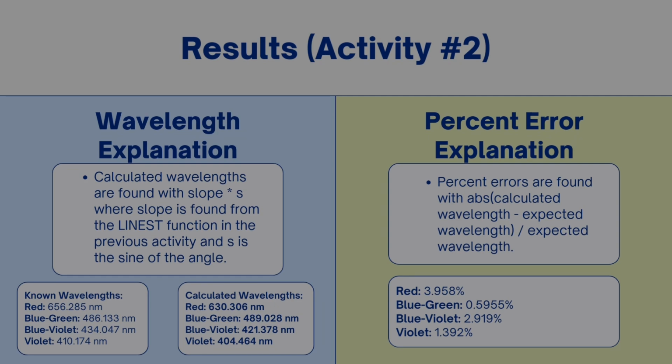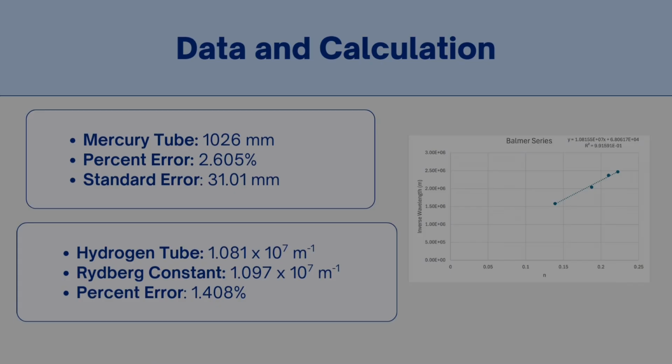We compared these to the known wavelengths, and we got percent errors of 3.958%, 0.5955%, 2.919%, and 1.392%, respectively. So as you can see, we got a measured D value of 1026 from our mercury tube, which